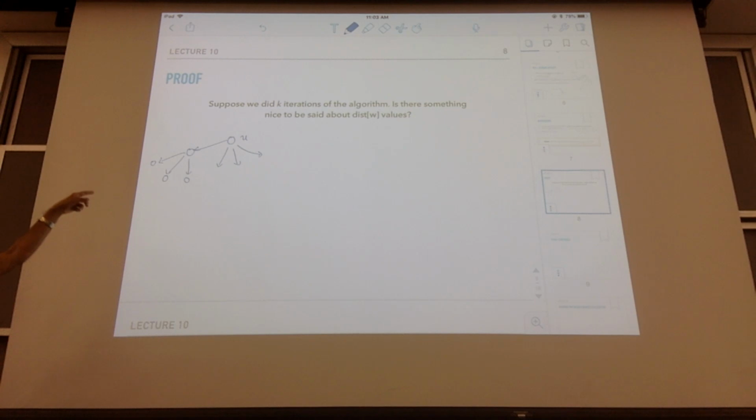And what he's saying is, if you ran this for k iterations, which is the edge update steps for every iteration, for k iterations, then for all vertices up to a depth of k, you will have the right distance